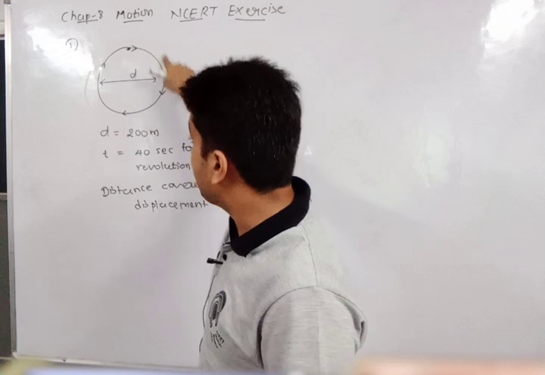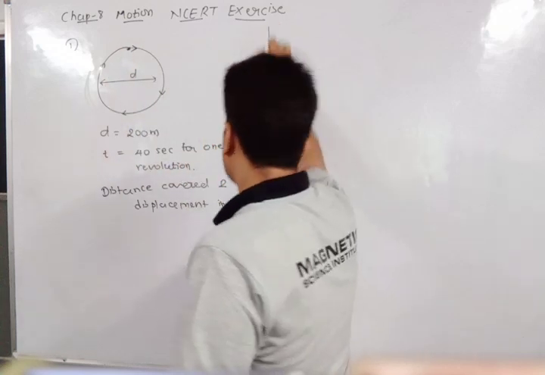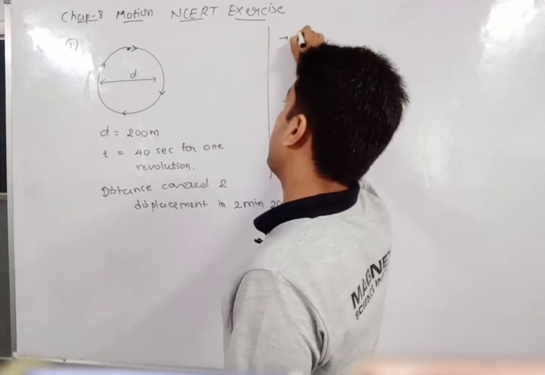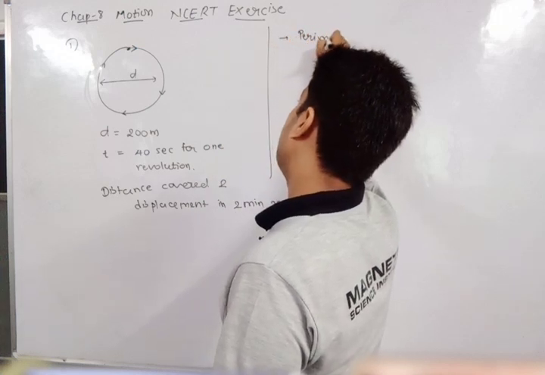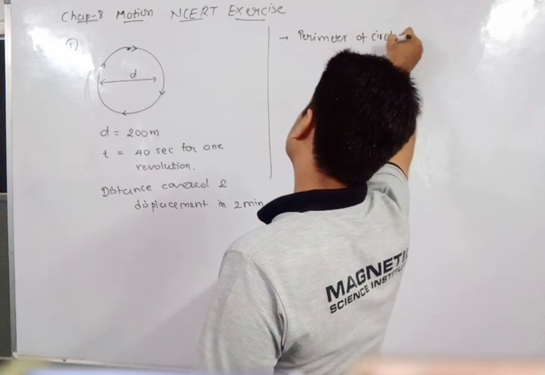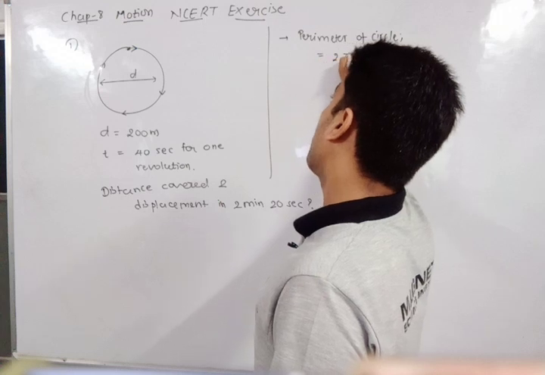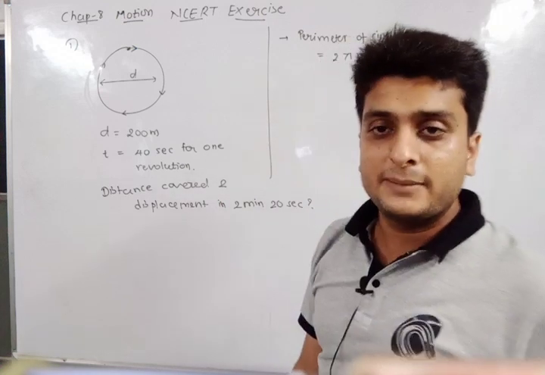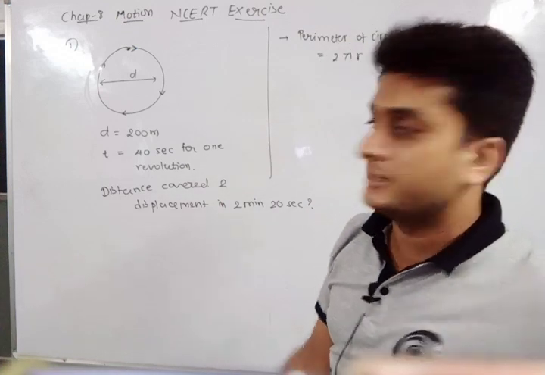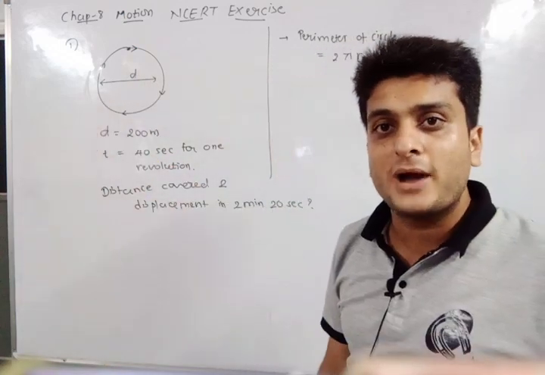Okay, so very first thing, let's find what is the length of this circle. Length is what? Perimeter of the circle. So first step, we will find the perimeter or circumference, you can write, of this circle. And the perimeter of the circle is equal to what? 2 pi r. What is the length of the circle? Length of the circle is 2 pi r.